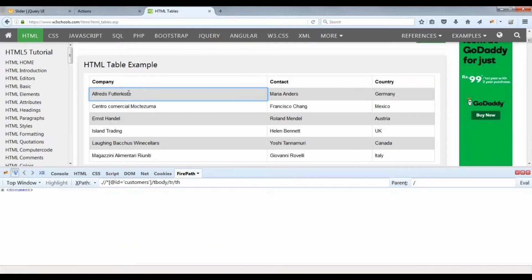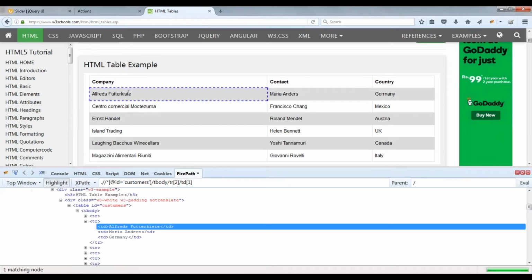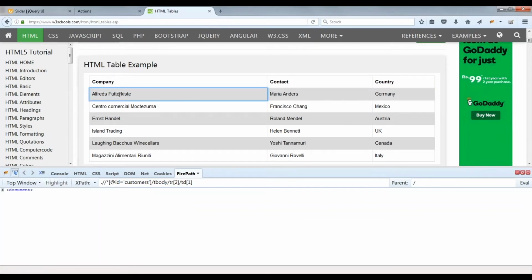So the first thing is, please observe the x path. When I hover on that particular element, this is table row 2 and table data 1. If I move here, that is table row 2, row is same, but the data or cell value keeps on incrementing.